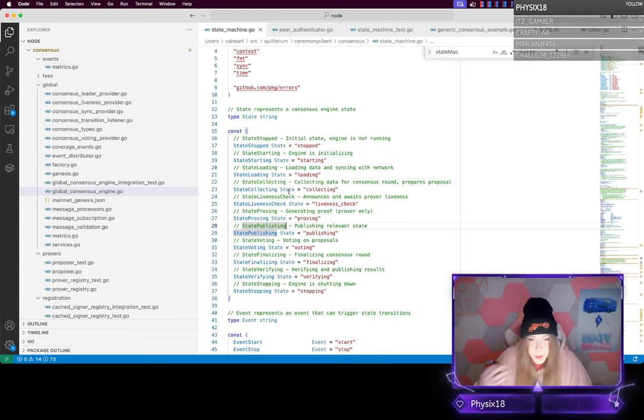So in this case, it's pretty simple. You have a loading state, and that's where it will synchronize with the network. We have the collecting state, where it's collecting the overall data for the consensus round and prepares a proposal. We have the liveness check, which is to basically say, hey, I'm alive, this is what I've collected, I'm just letting you know that I'm alive so everyone else can be aware whether to expect any messages from me for